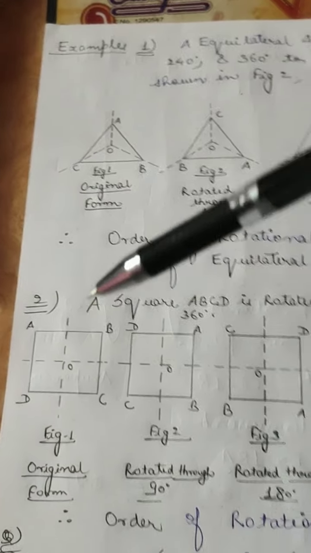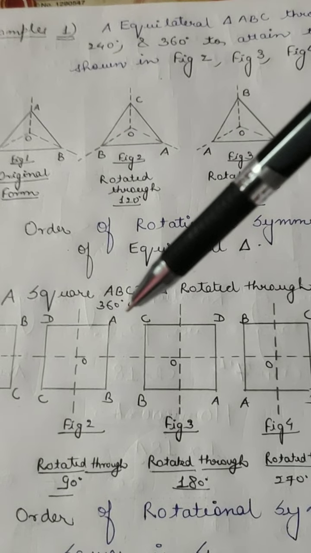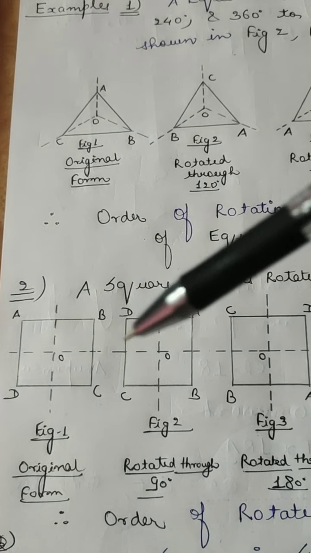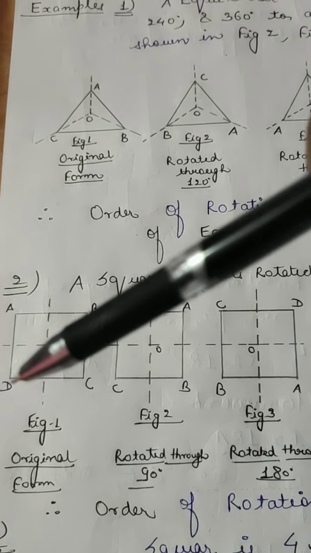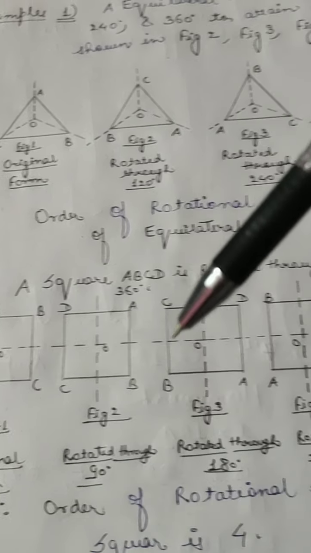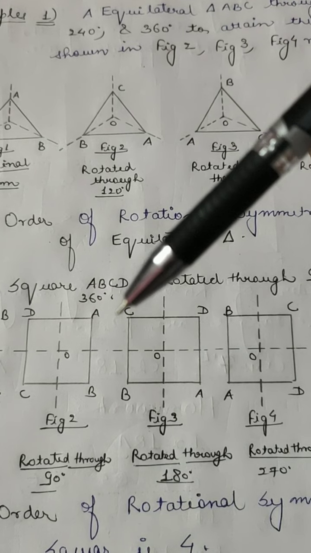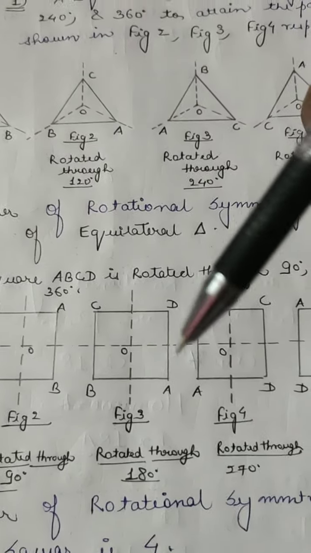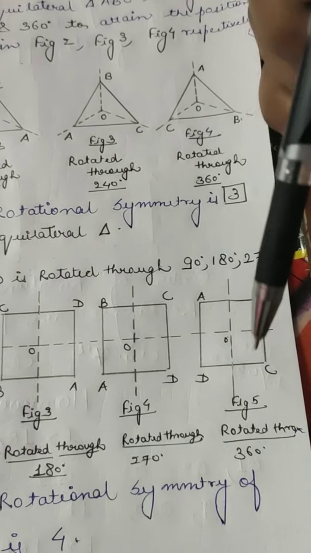Similarly, now we have considered an example with a square. A square is rotated through 90 degrees, 180 degrees, 270 degrees and 360 degrees to get the original figure. Consider the square ABCD. Here I have rotated ABCD by 90 degrees first. Then A point will move here, B point will move here, C point will move here and D point will move here. After that a further 180 degree rotation is made. So what we get? C point will be here, D point is here, A point is here and B point is here, and similar are the further cases. At the last you will get the original figure.